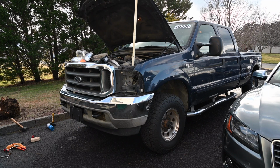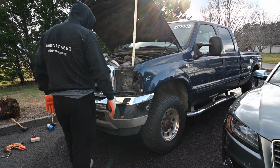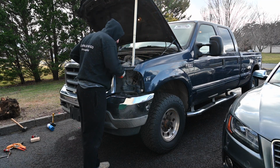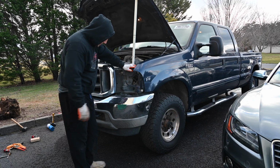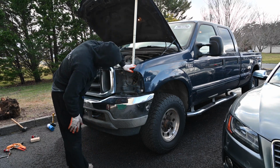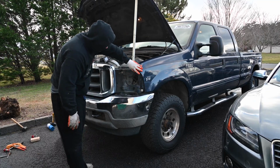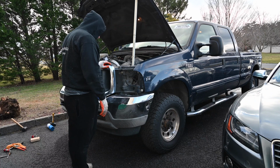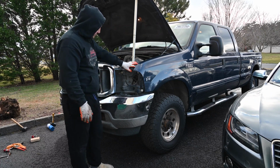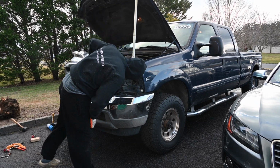Alright, so we got the headlight off. Looks pretty straightforward, pretty easy. We do have some issues though, because this other side, on the side over here, is pretty much completely destroyed, rusted out, gone in the accident. So I don't exactly know how we are going to situate it without replacing